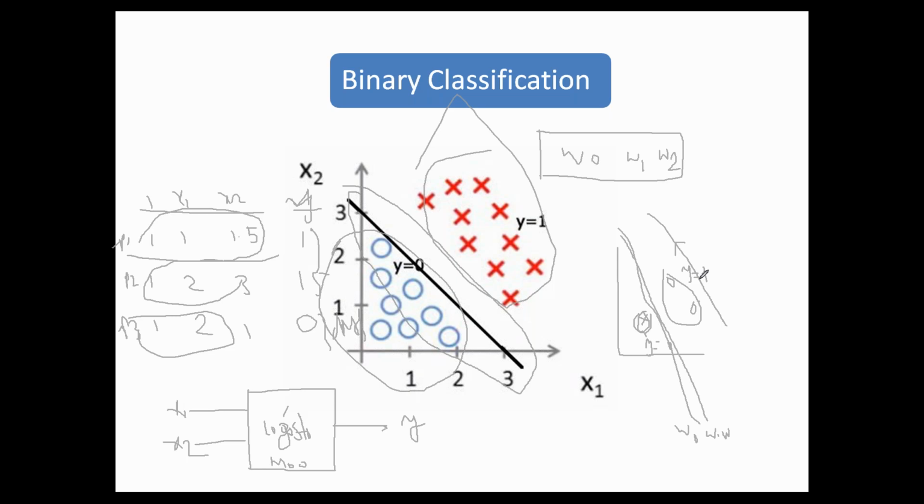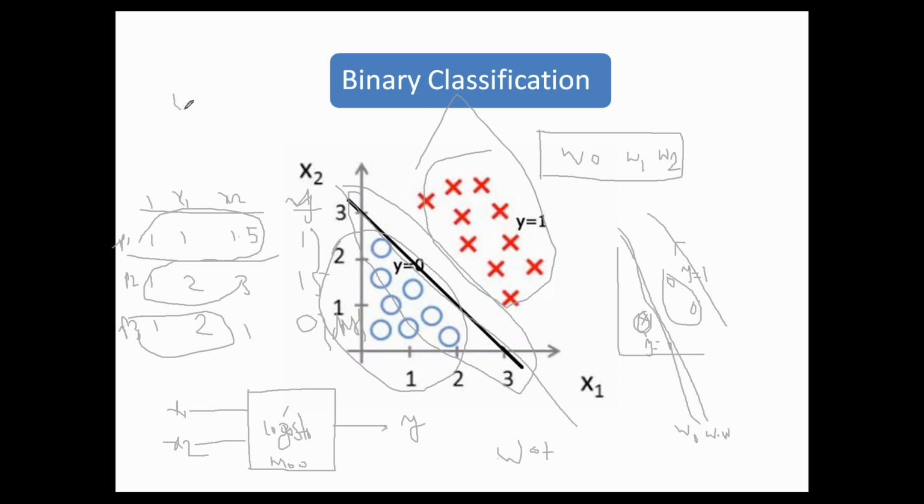So you have to find a decision boundary such that all the points belonging to class 1 are on one side, and all the points belonging to class 0 are on the other side. Ultimately, you have to find this straight line, because in 2 dimensions it is a straight line. Suppose it is 3-dimensional, with w0 plus w1, w2, w3, then you have to find a plane separating the points. All the points belonging to class 1 will be on one side of the plane, and all the points belonging to the other class may be on the other side. So like that you have to find.